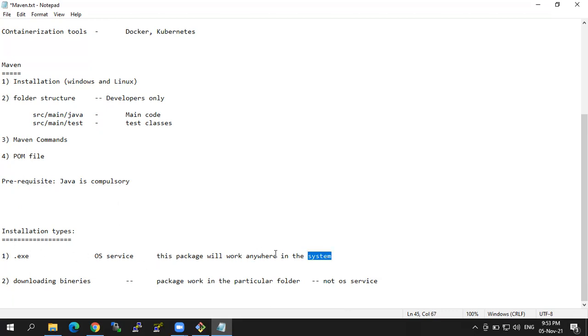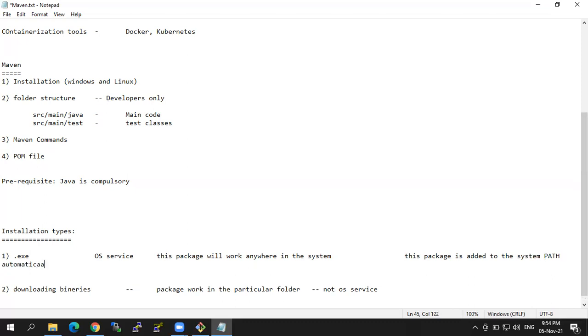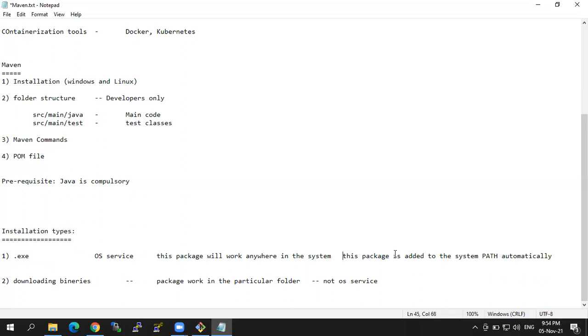Whenever you install the package, it is added to the system path automatically. But